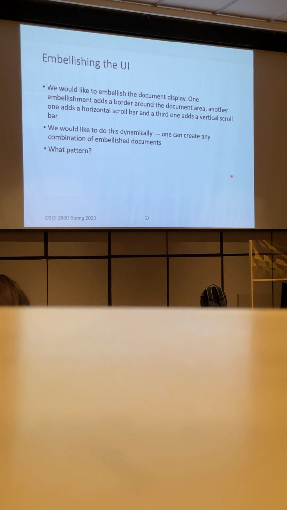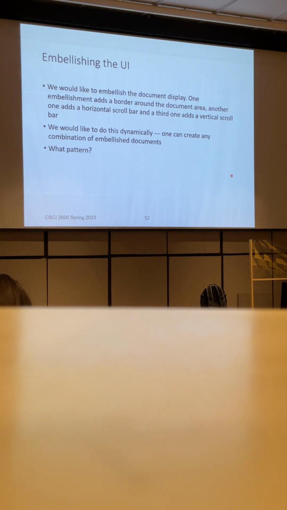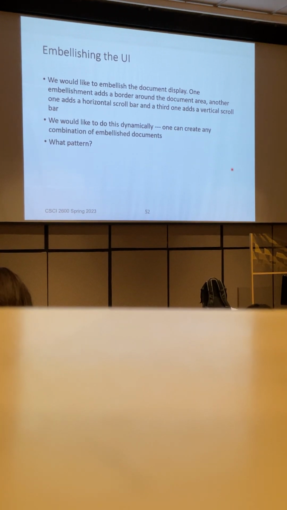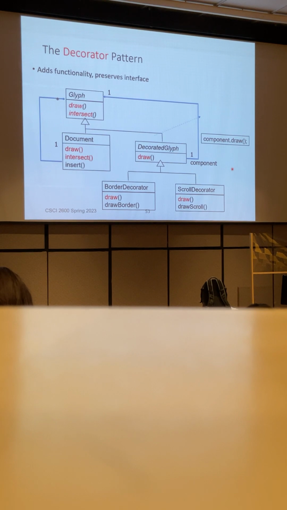This is an idea that is behind the composite pattern. But now you want to apply those embellishments or decorators, and that's why the pattern is called the decorator pattern. It adds functionality to the underlying